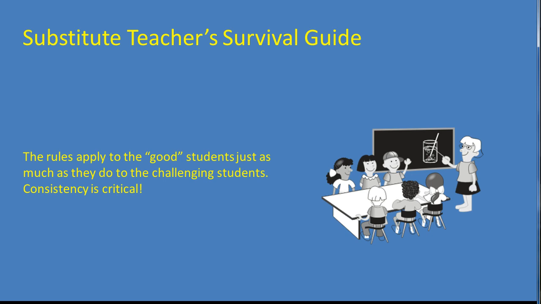The final concept that you must master is consistency. If you tell Bob to settle down and be quiet when he is talking, then you better do the same thing when Susie is talking. Orderly classrooms are ones where the students know the rules and they know what happens when those rules are broken. If the consequences of any action seem to be determined by random choice, then the students will not know how to act.